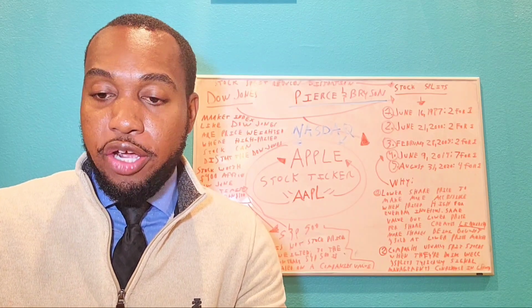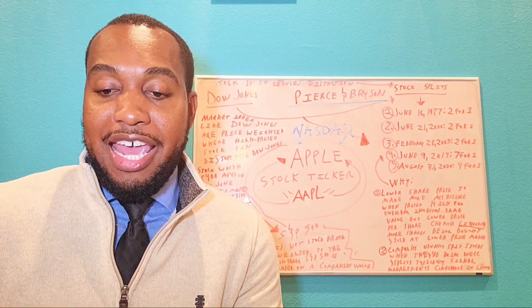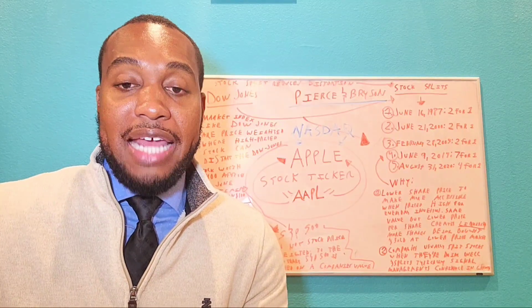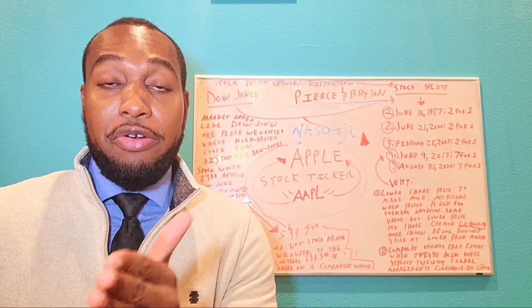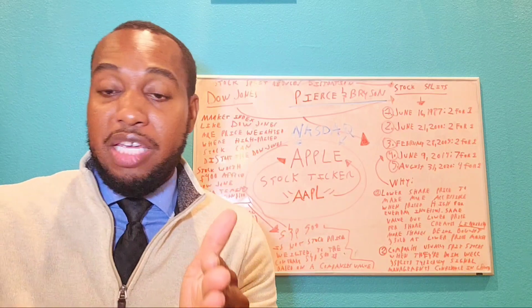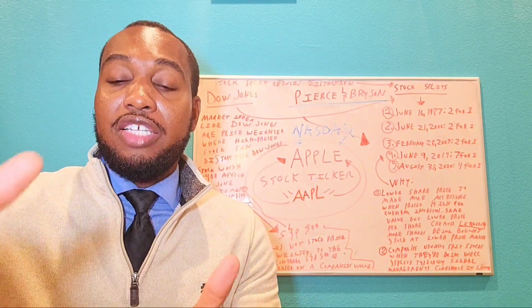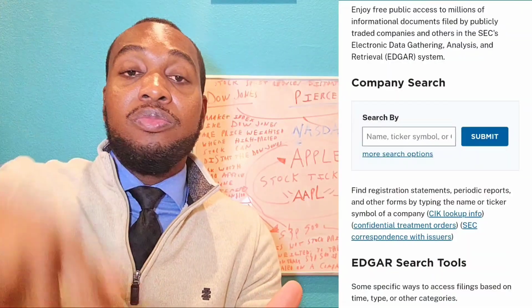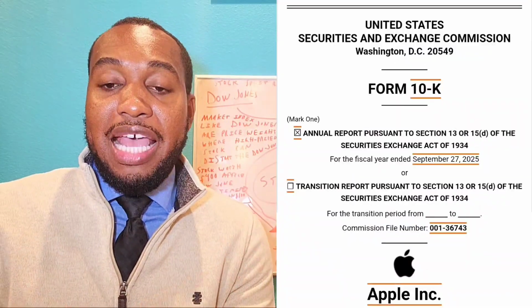AAPL is the stock ticker, but you can select any company you like and you can follow along if you like, it's quite fun. And so I'll select Apple, and I do that with every single letter, all 26 letters of the alphabet. I'll go to B, put the letter B, whatever company falls under B, I'll select the company, I'll research a bit, I'll go through the EDGAR system, I left a link below, where we look at the 10Ks,